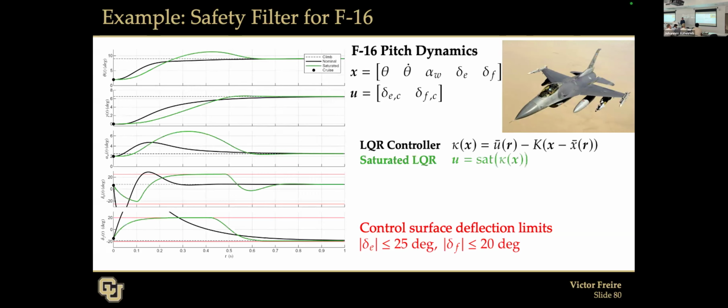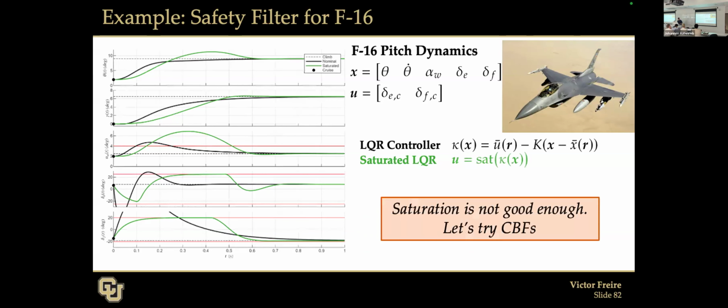What might we do? Well, we can saturate that LQR. That's one way of making the simulation more realistic and respecting the input constraints. First thing you might try, but look at the angle of attack now. It was violating our desired alignment of the nose of the aircraft, of the flight path angle and the pitch. We want these two aligned. That's what this angle is measuring, the deviation between those two. The nominal controller was already violating, but by saturating the controller naively, we've made that even worse. There's more misalignment. So let's try CBFs